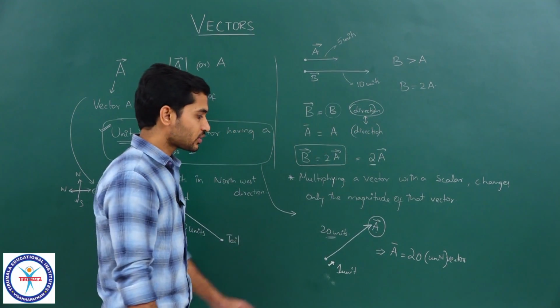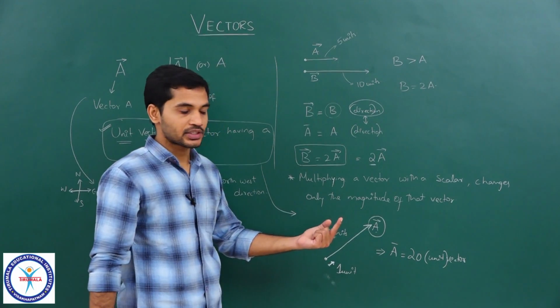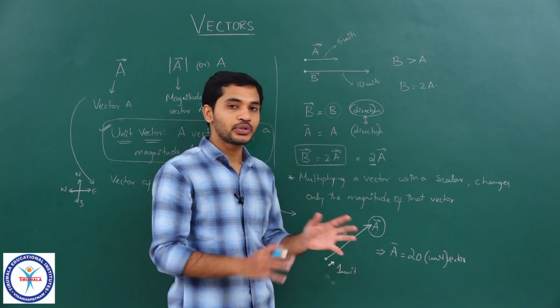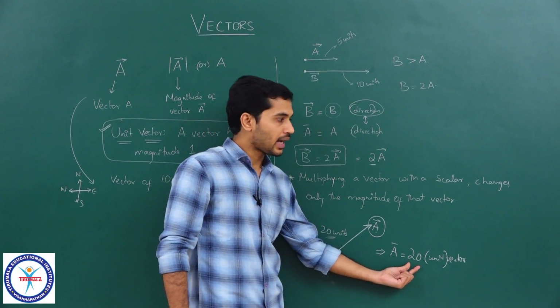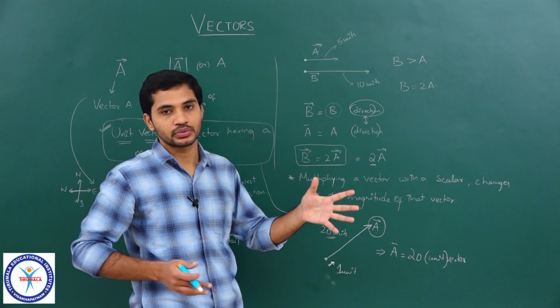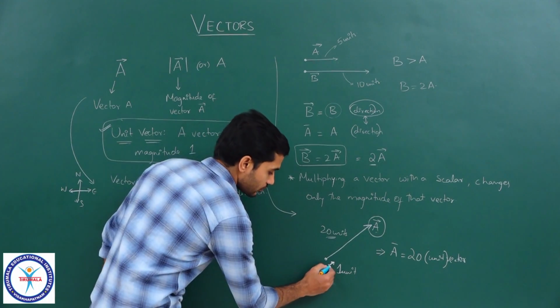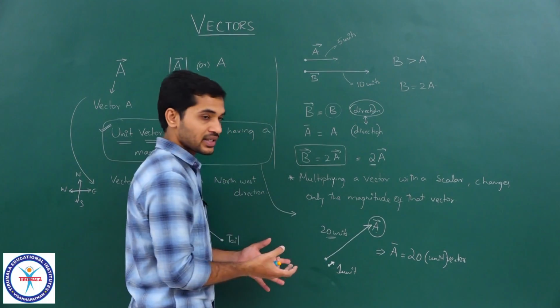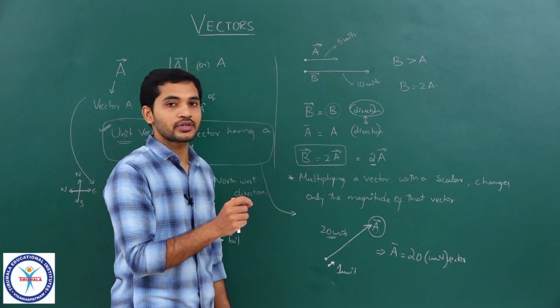Did you understand that, students? So that is how we use a unit vector to represent the direction. Whenever I multiply a unit vector with a magnitude, with a scalar quantity, I'll get a vector in that direction having that much magnitude. Is that clear? So that is the idea, students. This unit vector is giving us a reference for this direction. So we use unit vectors for that.